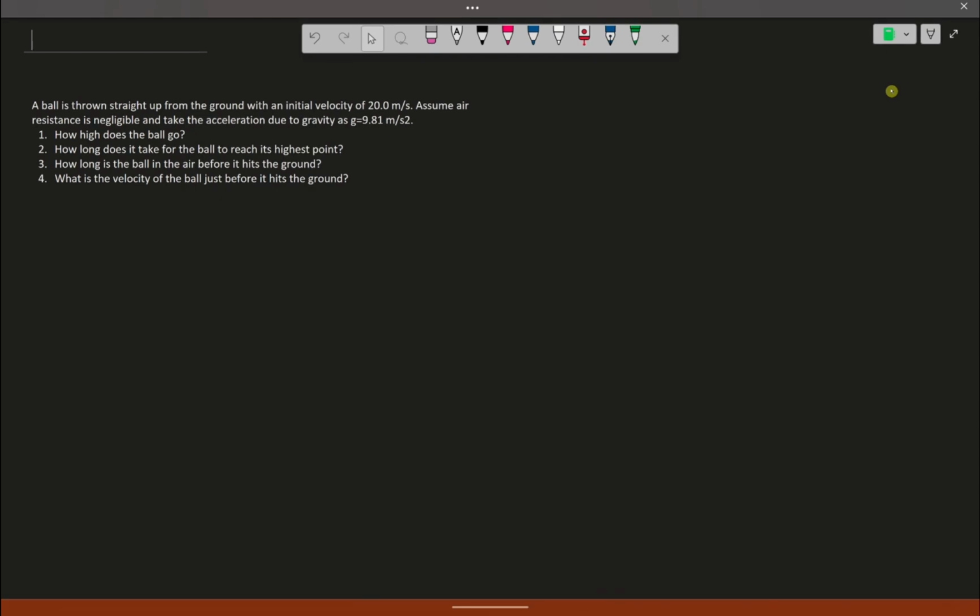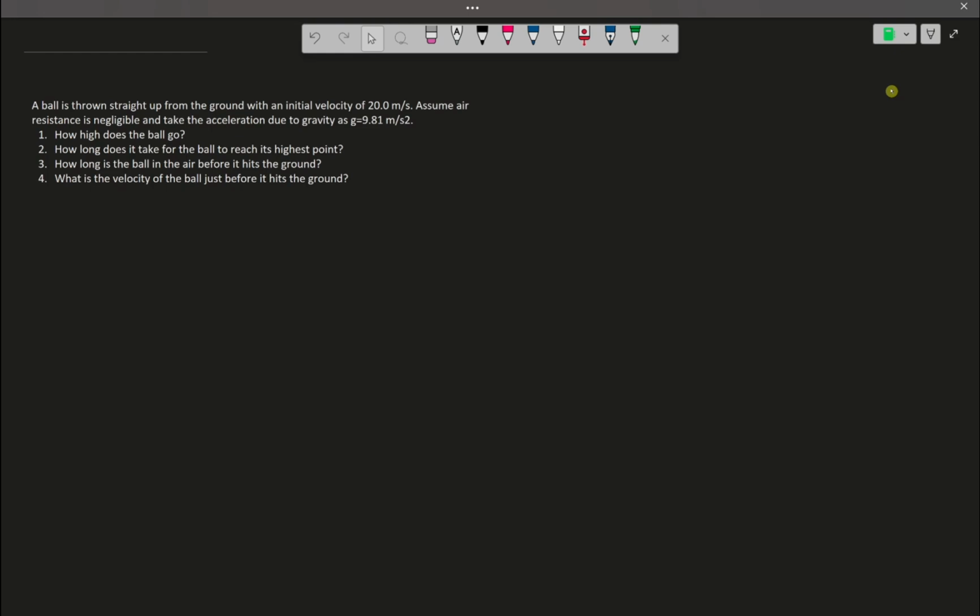Okay, we have this problem here. I haven't tried to solve it yet, so you are going to get to see the raw, uncut problem-solving approach here. So we have a ball and it is thrown straight up from the ground with an initial velocity of